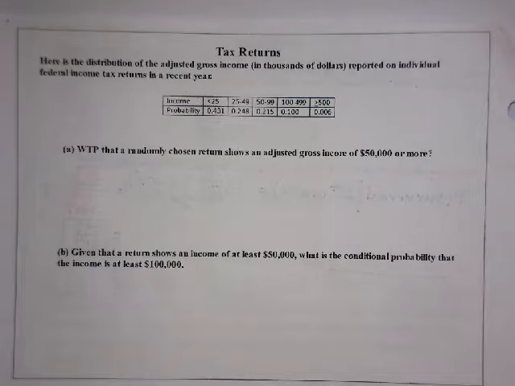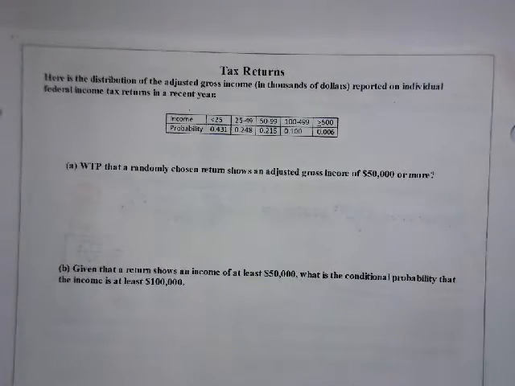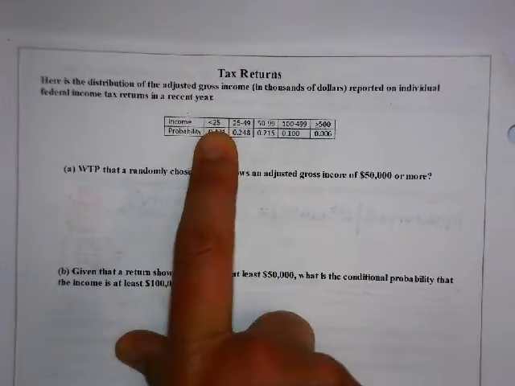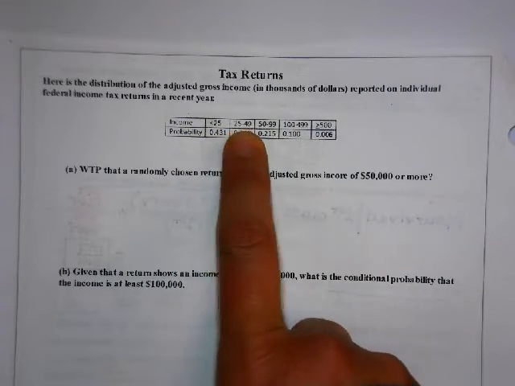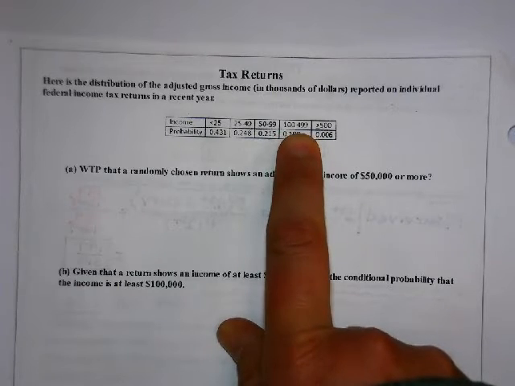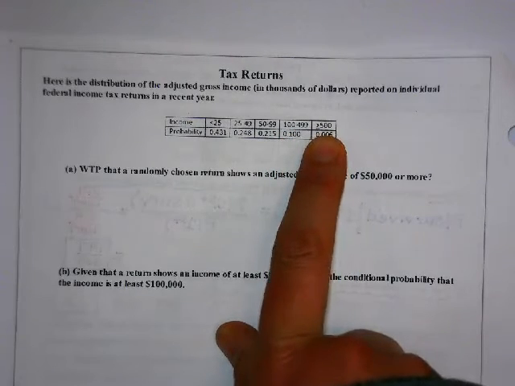All right. Next example. Tax returns. So we have the distribution of the adjusted gross income. It's given in thousands of dollars, so I didn't have to put all the extra zeros. Reported on individual federal income tax returns in a recent year. So across the top, we have the income less than 25,000, 25,000 to 49,000, 50 to 99,000, 100 to 499,000, and greater than or equal to 500,000. Probabilities are listed below. We want to find the probability that a randomly chosen return shows an adjusted gross